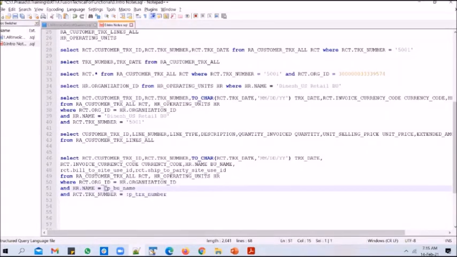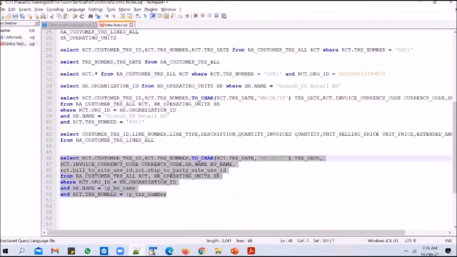Why do we need this colon? That's because only if you use the colon, this value will be created as a parameter, and whatever value the user enters will be replaced in the query when it gets executed.